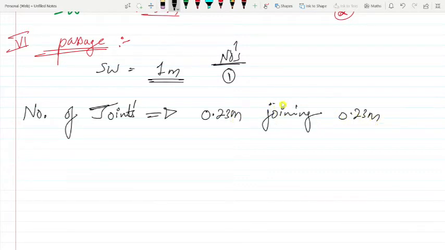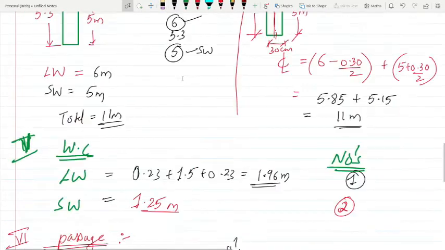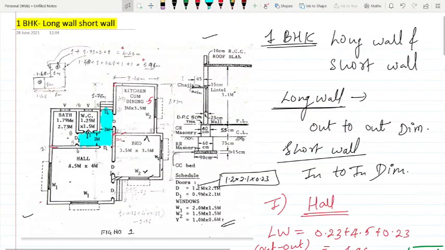So let's see how many joints are possible in the given plan. So let's see where all we have the joints. So let me start with the identification of the joints. Okay, so just see where all we have the joints. First one. Wherever one wall gets joined to another, there we have a joint. One. Next here, two. There, see, corner.